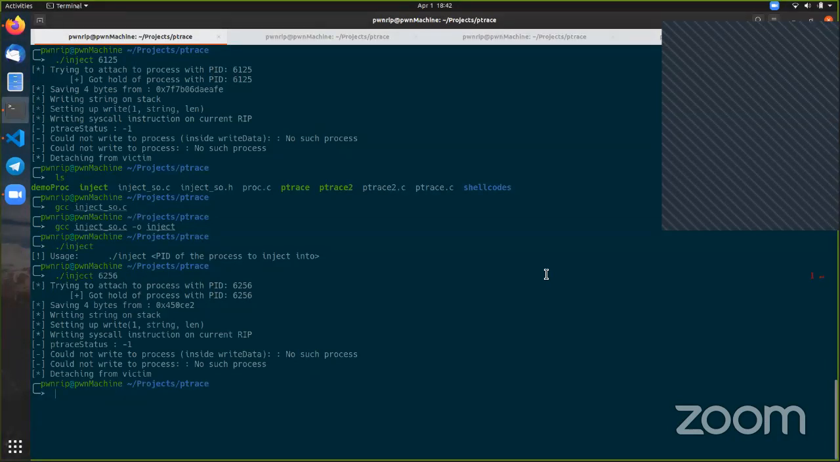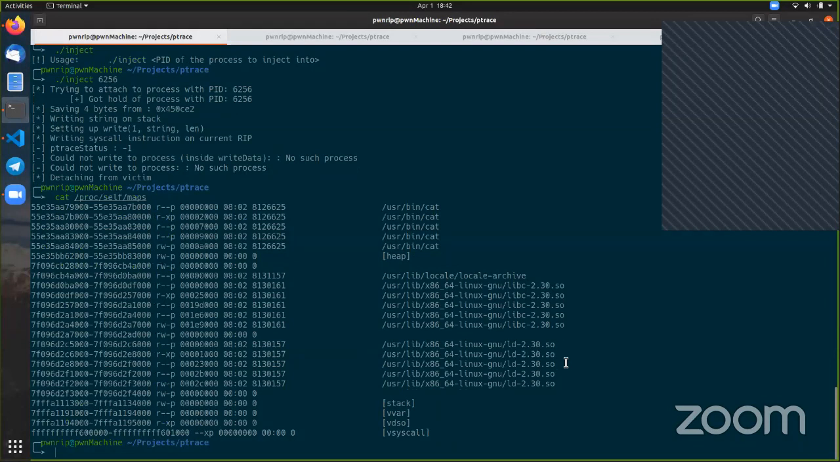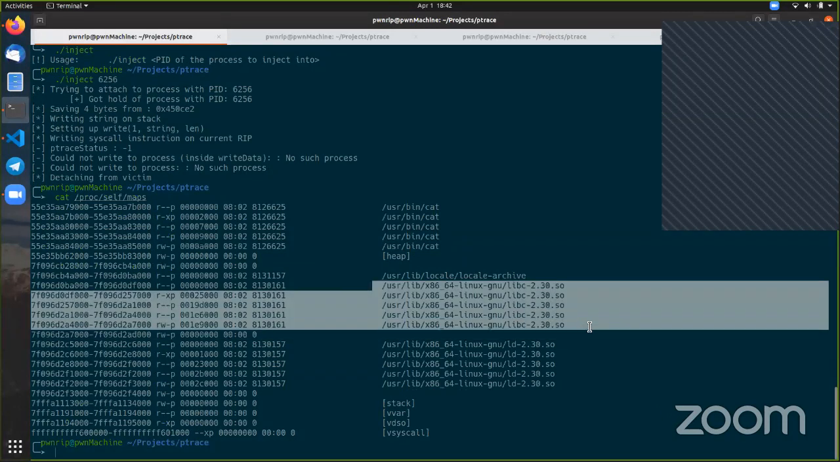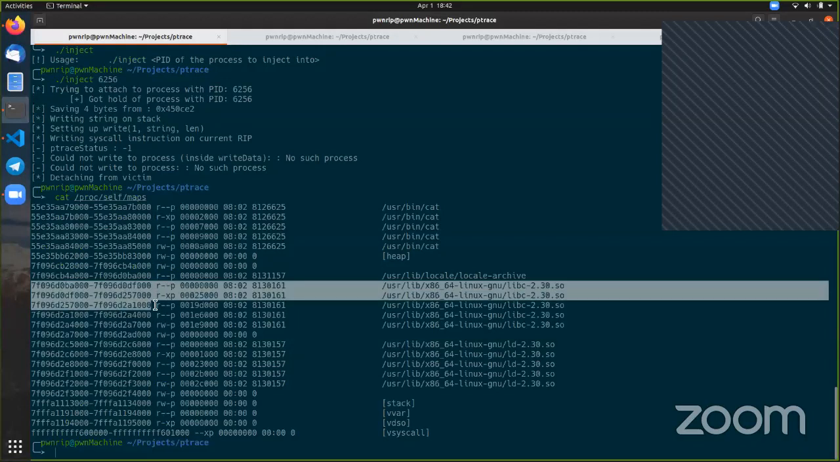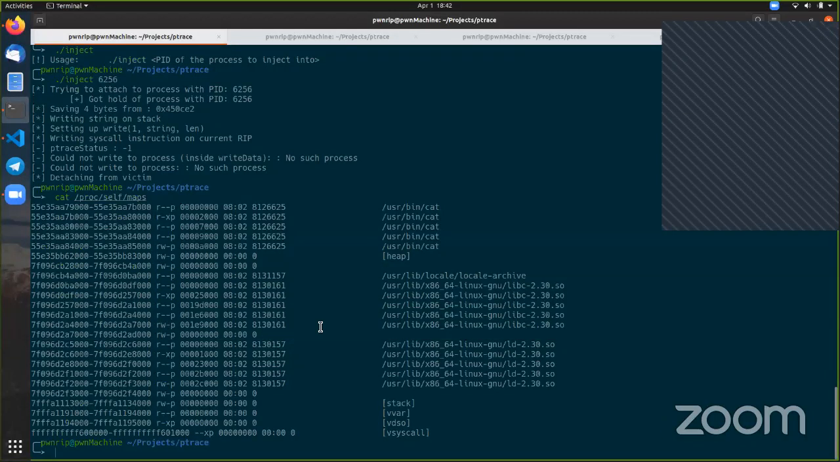You would really need to first obtain where the glibc is located, and one approach would be to read the maps file from the process proc. As you can see, cat proc self maps. So if we see, this is where the glibc is mapped, right? You can try to read this file, and then from there figure out where the functions are located. You would need to figure out where dlopen is located, and then in case of dlopen,